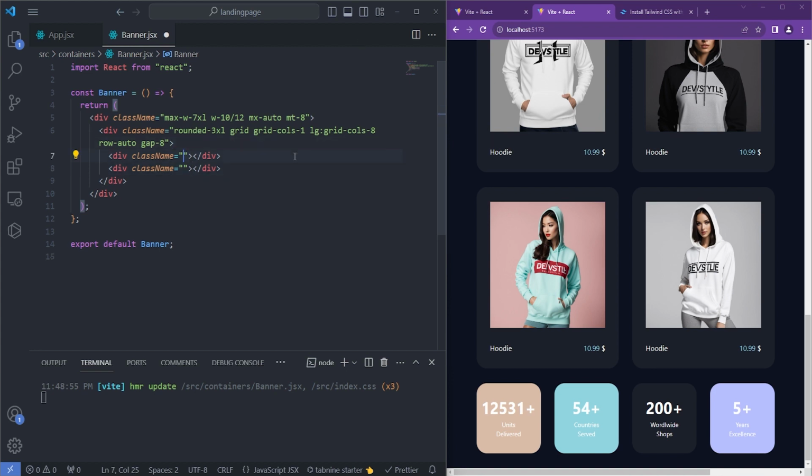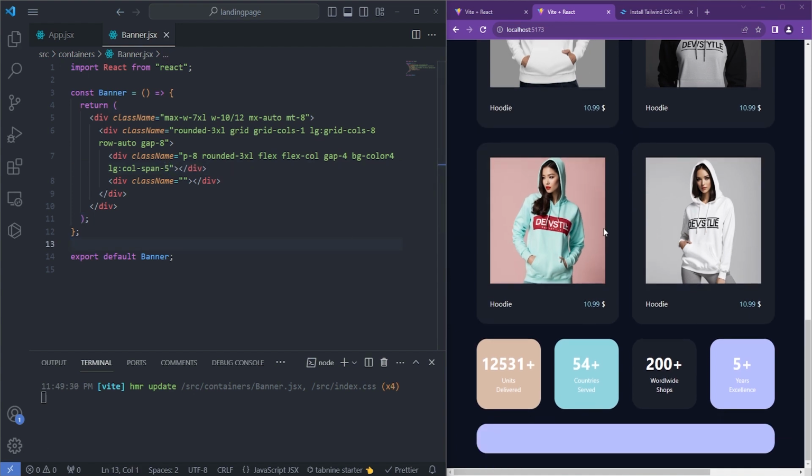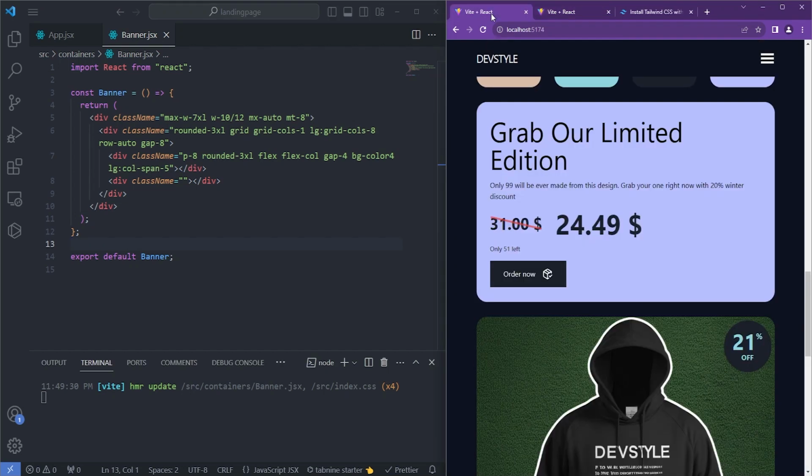The first div we will have a padding of 8. So rounded will be 3XL. Flex will be column. The gap will be 4. Background color will be 4. Large screen col span will be 5. Okay,